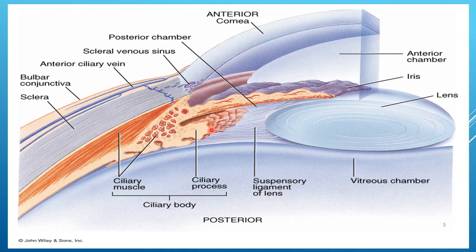And here you can also appreciate the iris. The iris has an outer border which is irregular and rough. This is the outer border of the iris facing towards the anterior chamber, and that is its inner or posterior border. Here you will appreciate the epithelium later in this lecture.